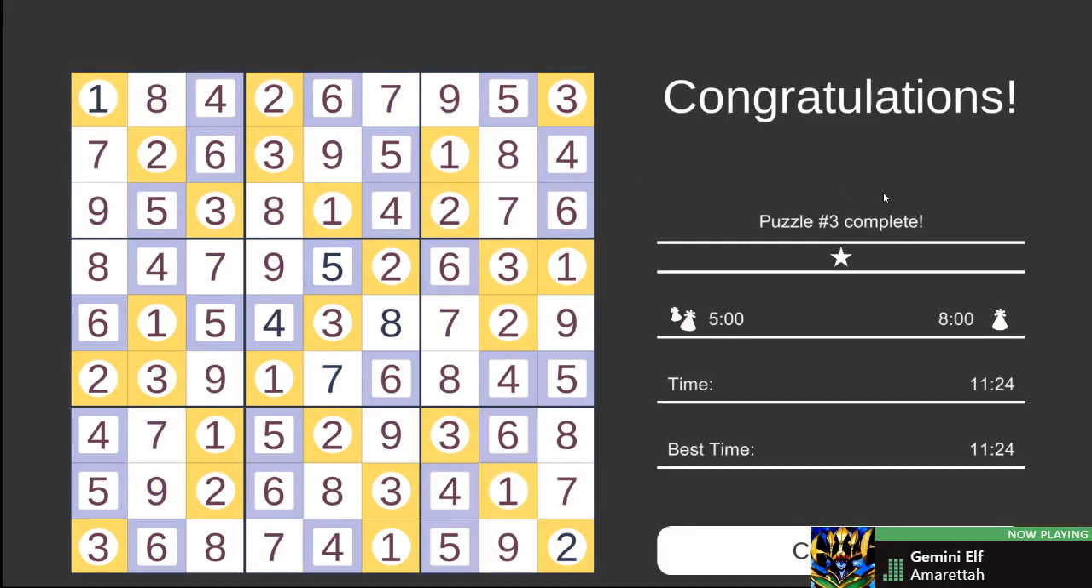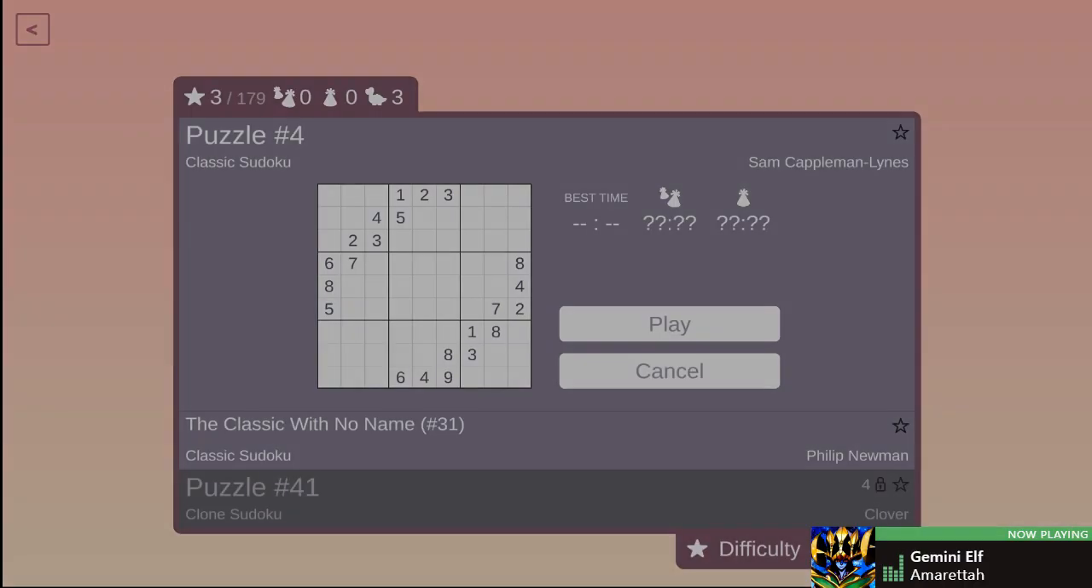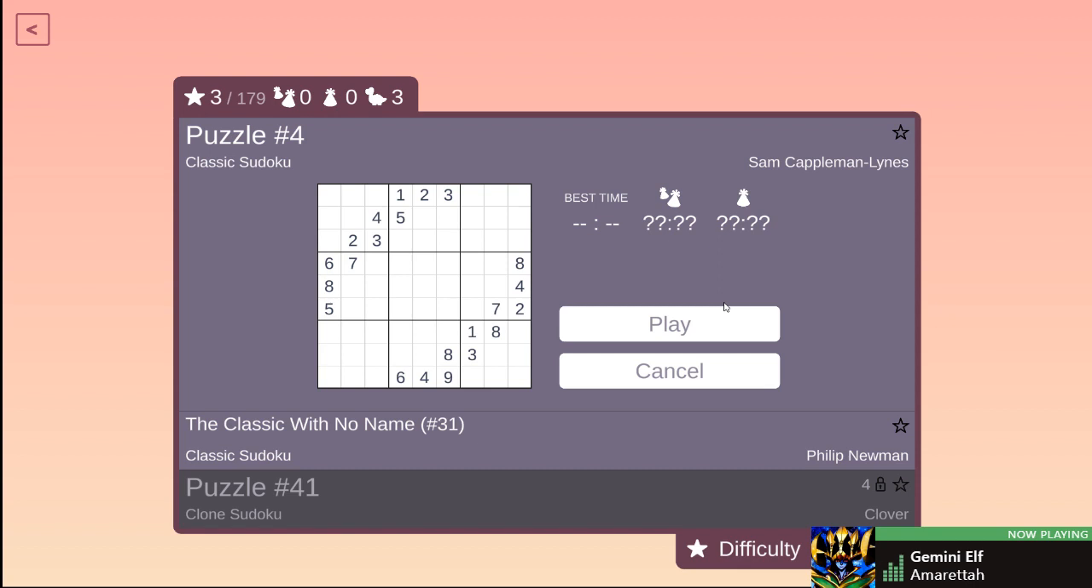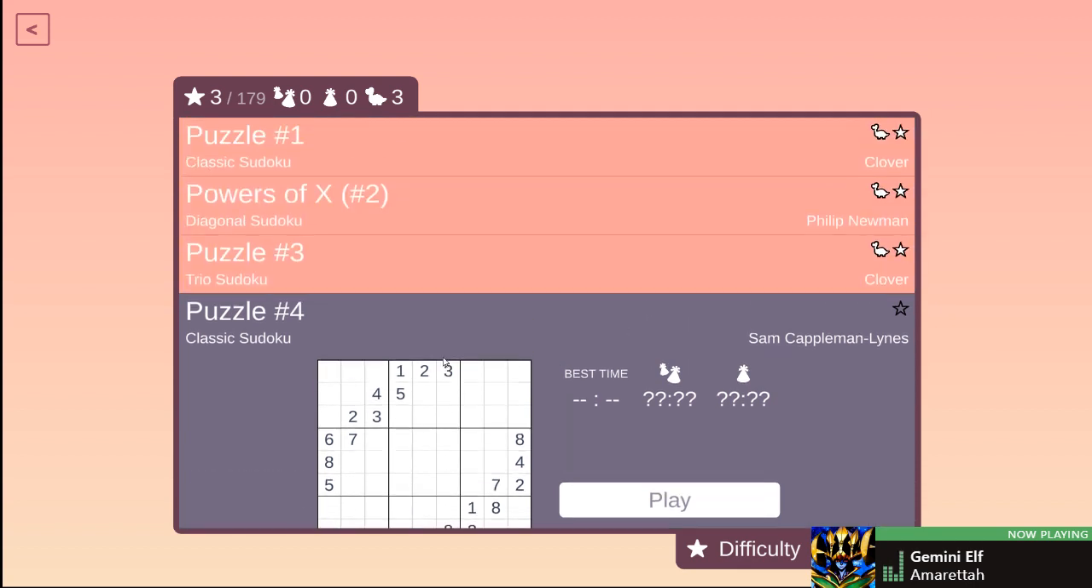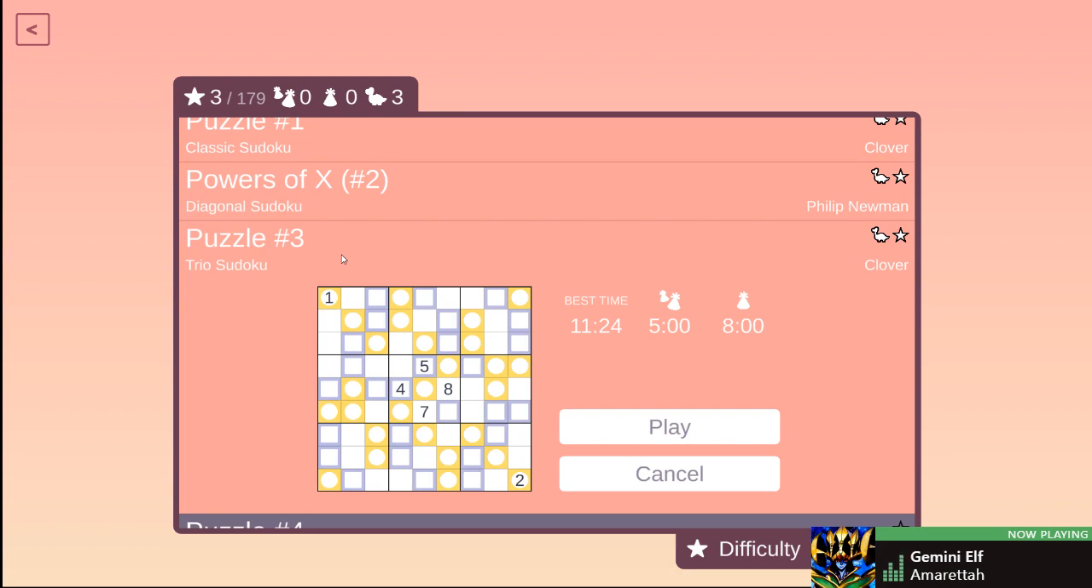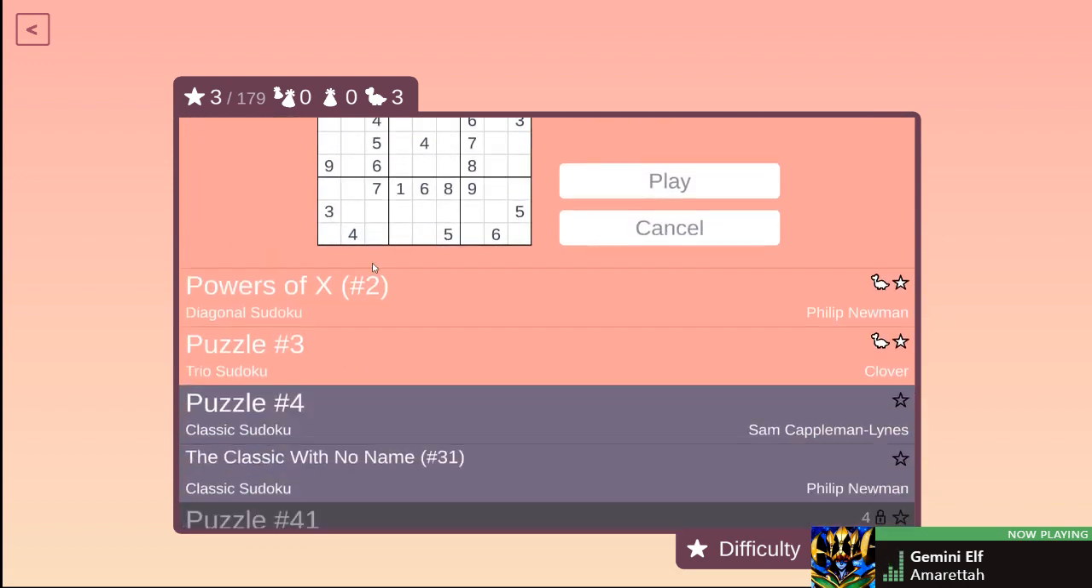Done. Okay. That could have been done faster. We made a mistake along the way. It's okay, we corrected it. Puzzle 4, classic Sudoku. Wait. Power of